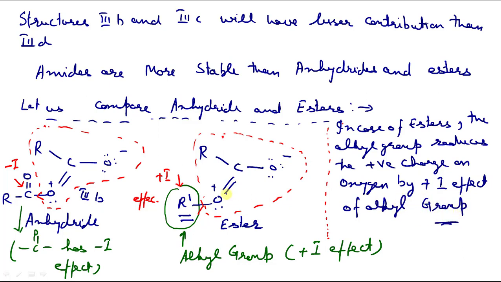So if it reduces the positive charge, we know that any factor that reduces the charge stabilizes it. So alkyl group stabilizes esters. They stabilize the ester. Whereas in case of anhydride, if we see,